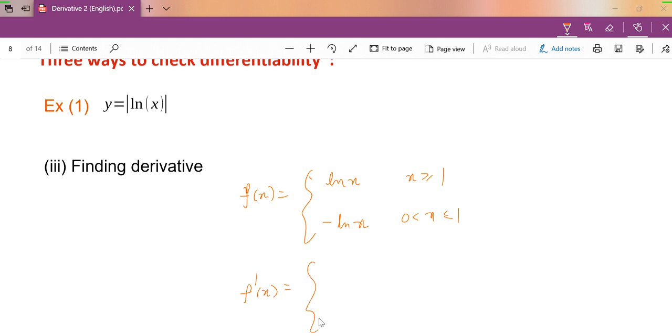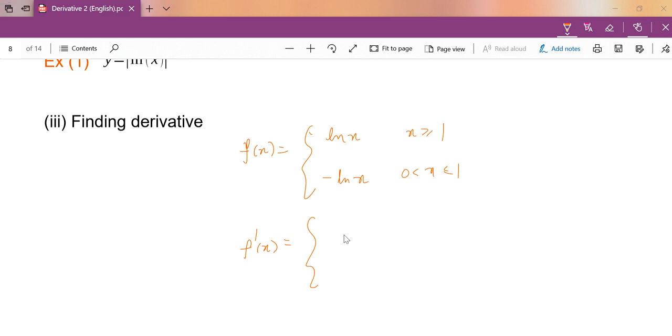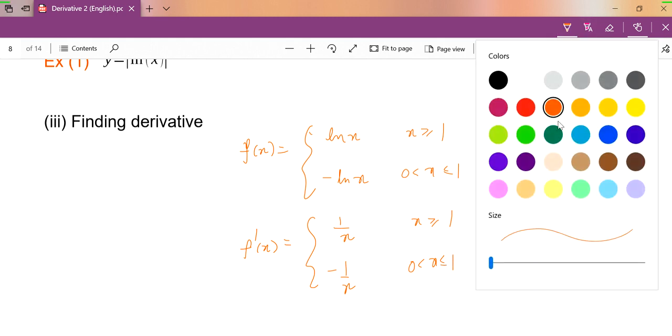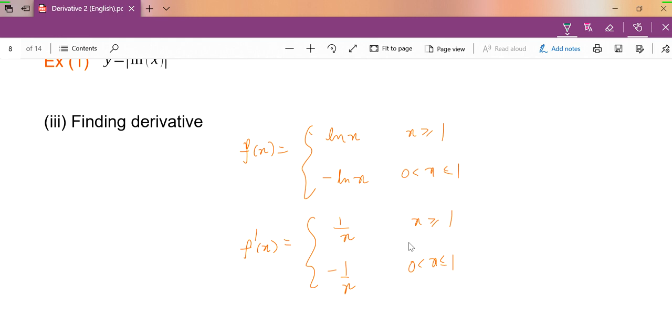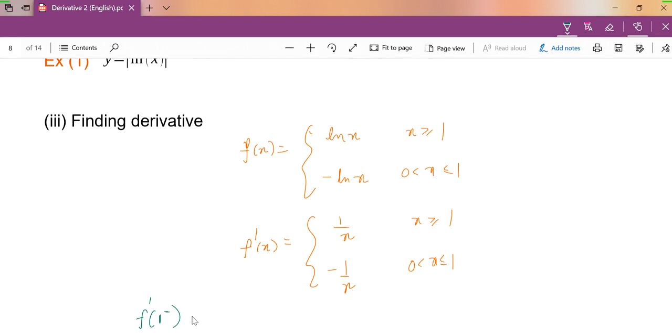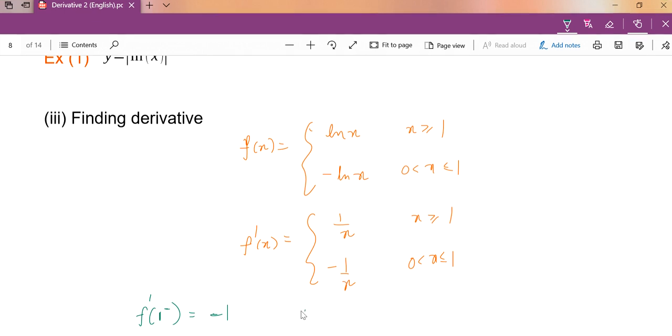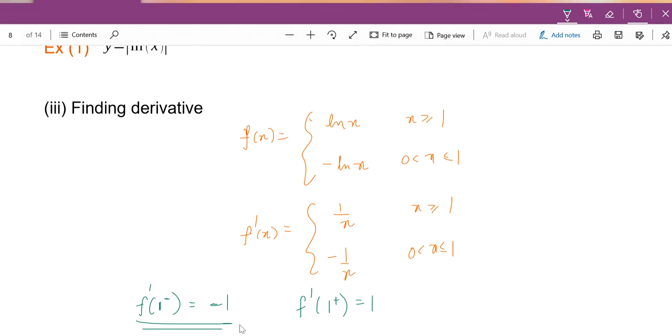Log function is a basic function, so finding the derivative is not a problem. This derivative is 1 by x when x is greater than or equal to 1, and minus 1 by x when x lies between 0 and 1. Now see, x is strictly positive, so it doesn't matter. If you are approaching 1 from the left hand side, f prime of 1 minus, that means approaching 1 from the negative side, this value is negative 1, and f prime of 1 plus, approaching from the positive side, is 1. So again, these two are not the same, so f prime of 1 does not exist,